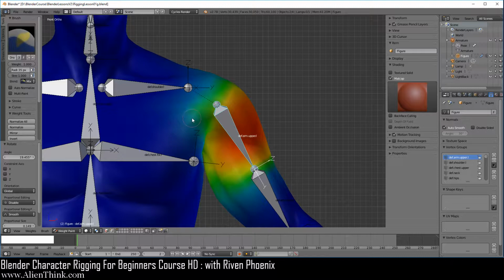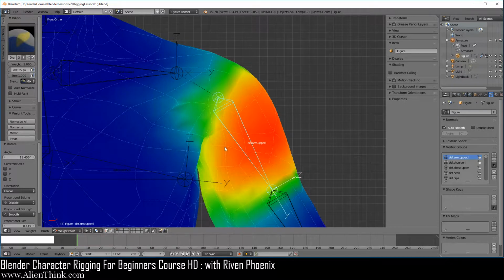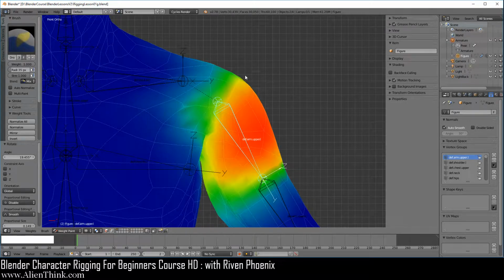Now the other thing you'll notice is that when we switch to weight paint, by default we can't actually see the wireframe on the figure, meaning that we cannot see the vertices that we can click on that have to do with this vertex group. So to do this, you want to press the Z key to go into wireframe. So here you can just switch to wire, and now you can see where all the vertices are. Okay, now the difference here in weight paint mode when it comes to vertex groups, as you saw in edit mode, is that you have to select the vertices.